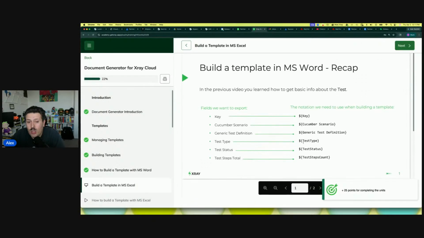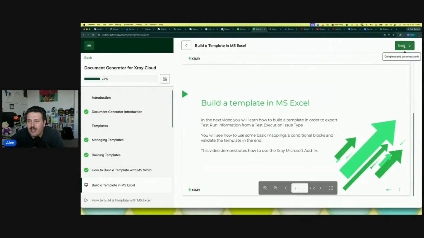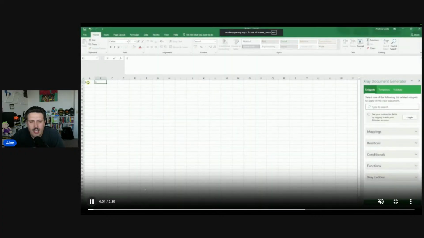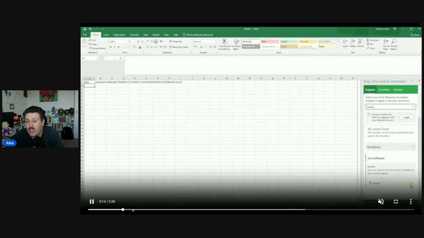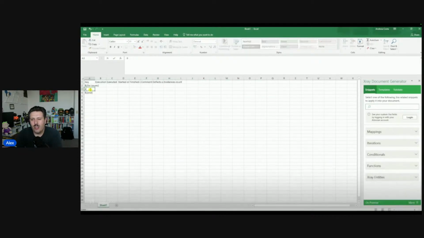Now that's the Word one. So Excel, I'm assuming, is going to be basically the same thing, except that it looks like it's going to be natively in Excel. So let's go take a look at what that looks like over there. We've got a video here, and this time we're in Excel. Again, I'm expecting the same behavior as the one we just had in Word. So you fill in some columns, you come over to the right-hand side, which is the Xray macro inside of Excel, and then you're just going to pull in some of those code snippets